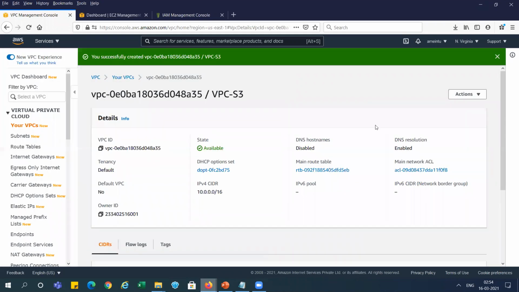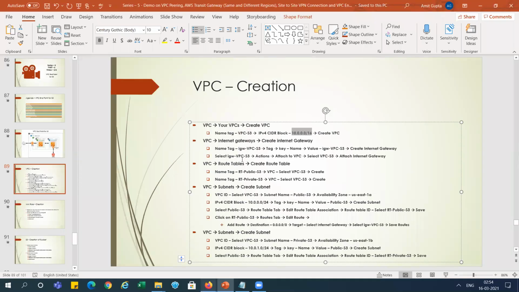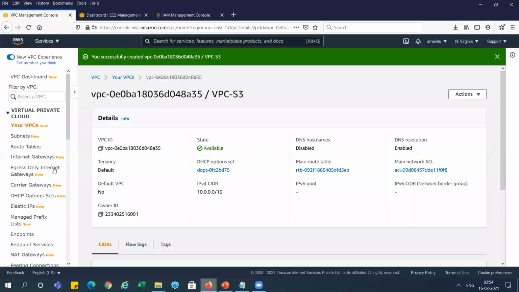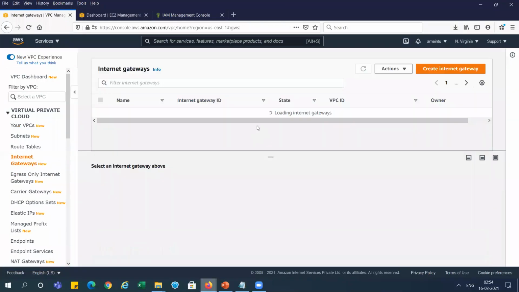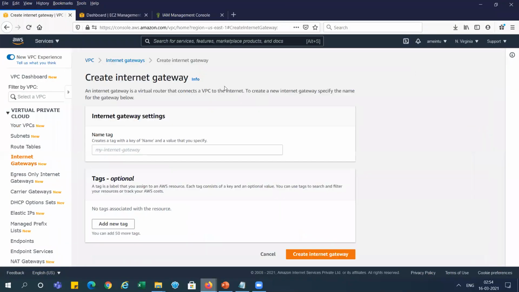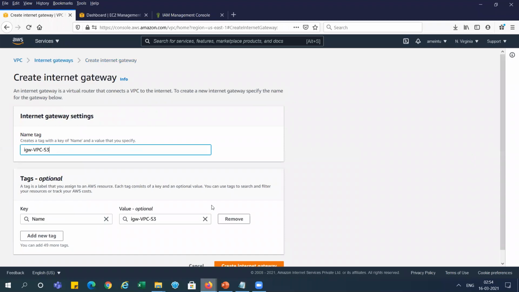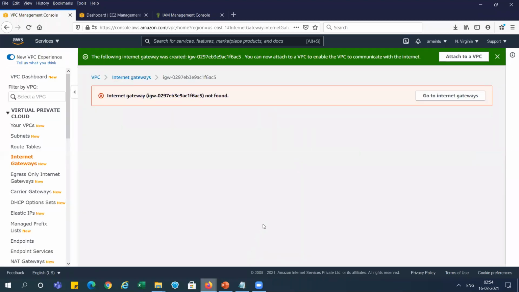And we are going to create this VPC. This VPC is created here. Now after that we will go and create the internet gateway. I am giving the name of the internet gateway here and creating it. One minute, there is some issue.